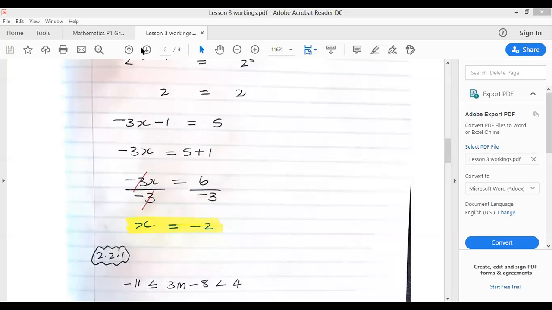So Angel is asking, what happens when the bases are not the same? If the bases are not the same, you need to find a way in order to make them the same. Remember, we were given 32. You have to change that 32 to 2 to the power 5 in order to make your bases the same. There's always going to be a way to get your bases to be the same. I hope I've answered your question, Angel. And that's a good question, actually.